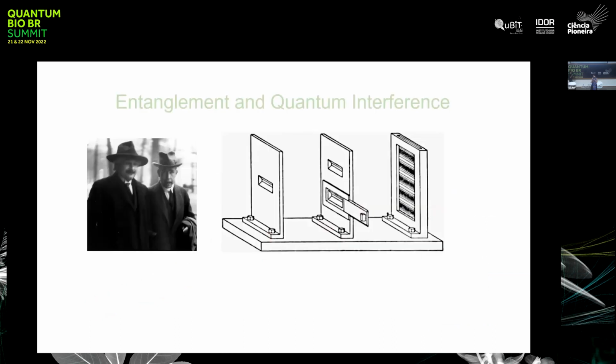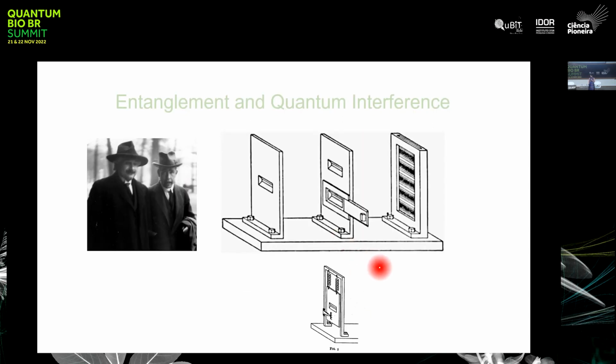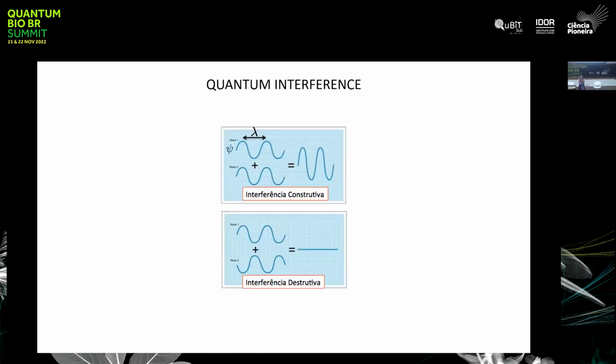And so one of our favorite guys, Einstein and Bohr, one of the things that they loved talking about was entanglement, and the other thing they loved talking about is quantum interference. And I love to put this image just because Bohr was a theoretician, but he realized that, in order to do an experiment, this is his picture, you need nuts and bolts. So please, all experimentalists, all theoreticians, don't forget we need nuts and bolts.